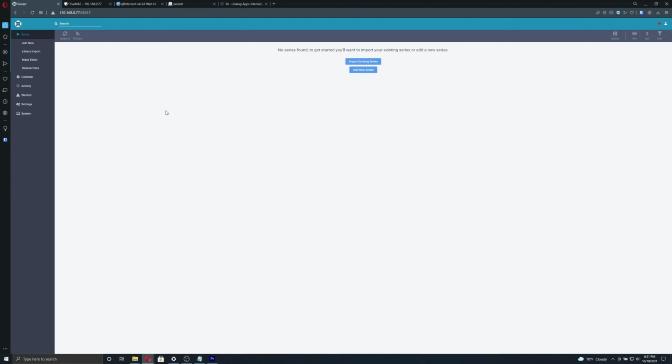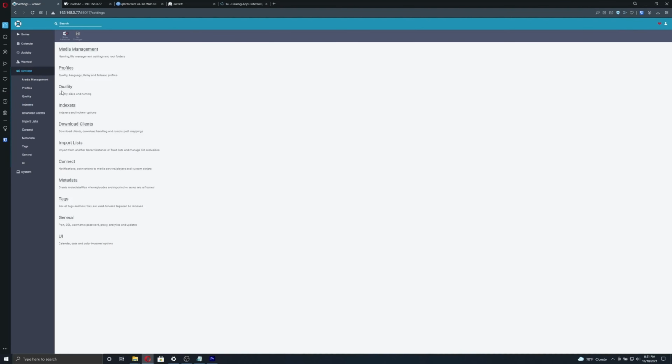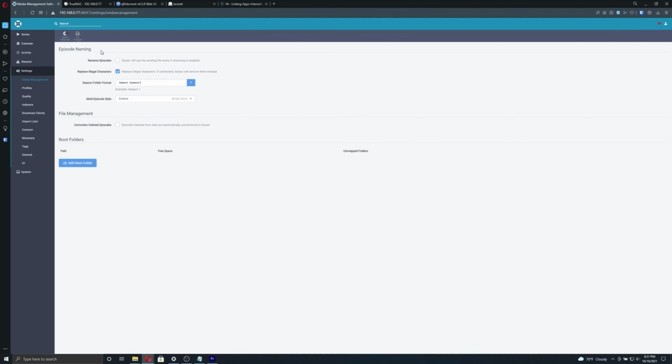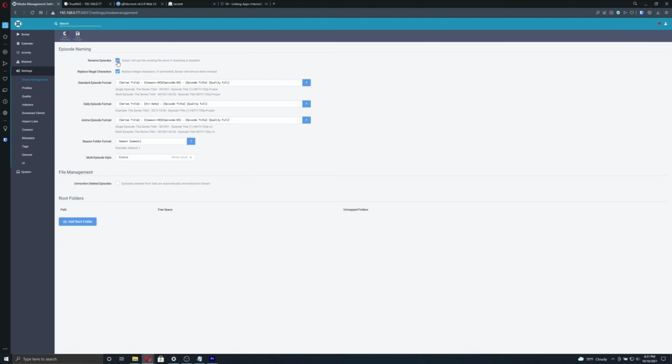Okay, now that we got done with the qBittorrent settings, we're going to be coming back to Sonarr, Settings, Media Management, Rename Episodes. I like to keep this enabled, keeps everything really nice and looking good. And then click Save Changes at the top. Then that's that for that. And we'll go down to,